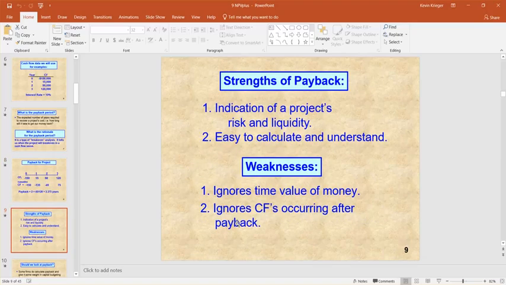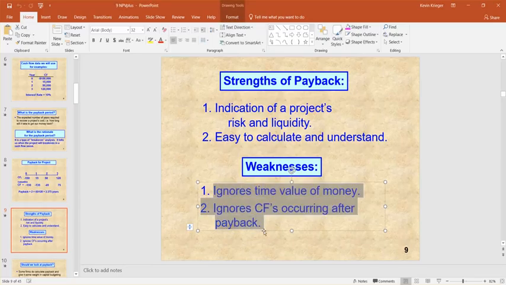The great thing about the payback period is people do it all the time, even in household finance, so it's really kind of easy to understand. People get the idea that this pays for itself in such and such years. But the big weakness, and this is something concept-wise you definitely want to have ready to answer, say, a graded question,